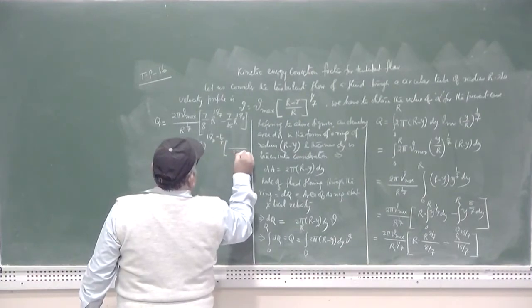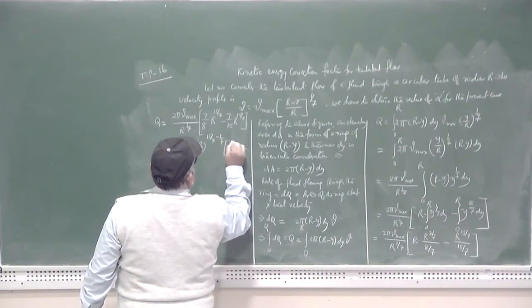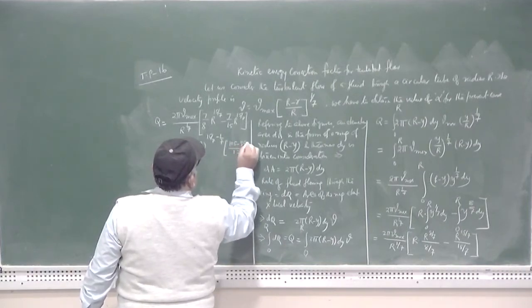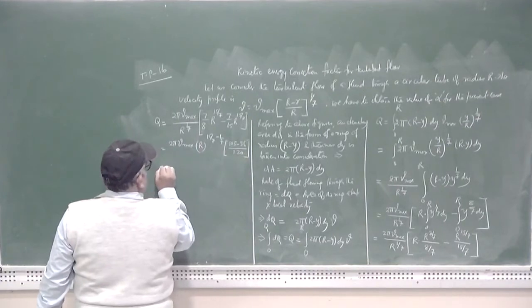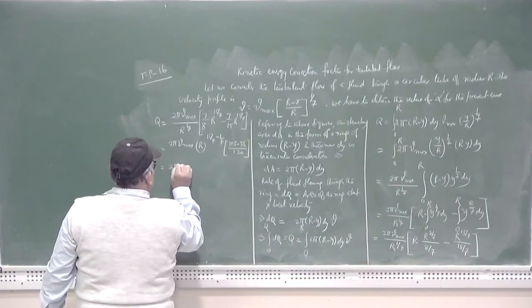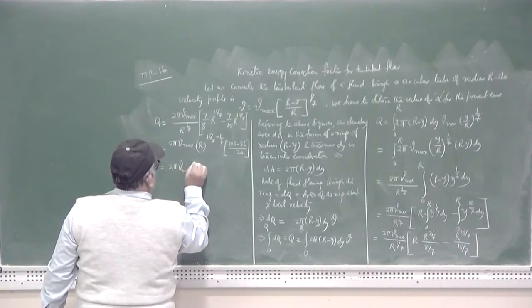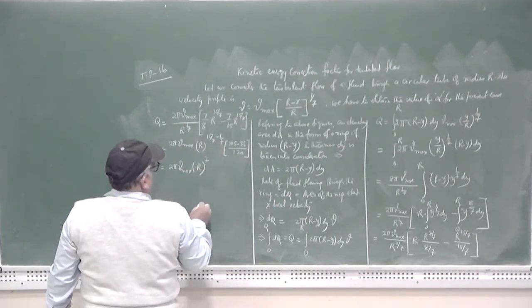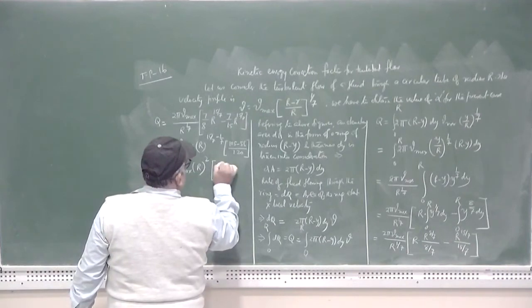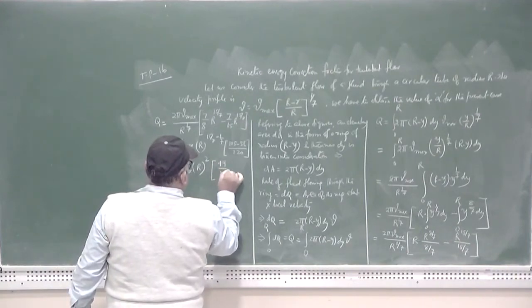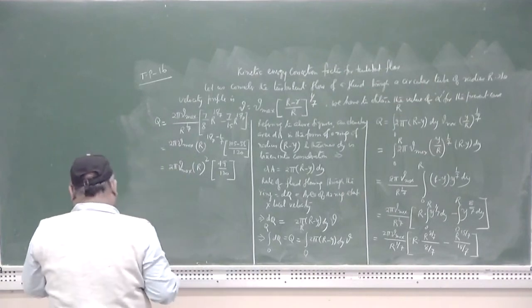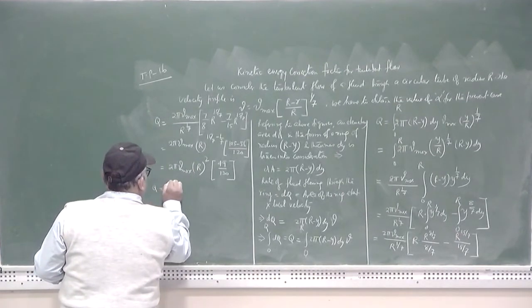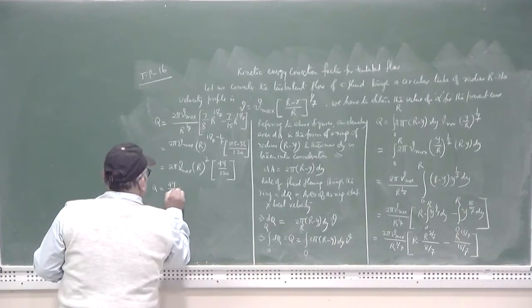So, this is 120, 105 minus 56, that can be written as 2 pi V max R raised to the power 2 into 49 by 120. So, the expression for Q comes as 49 by 60